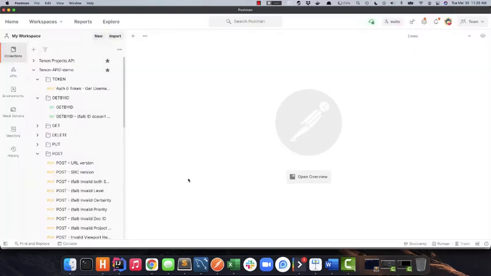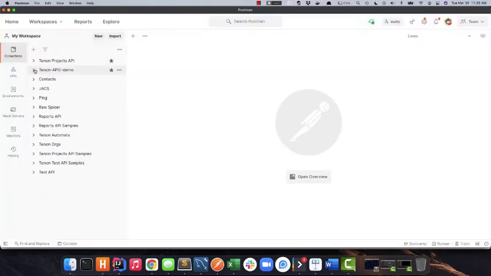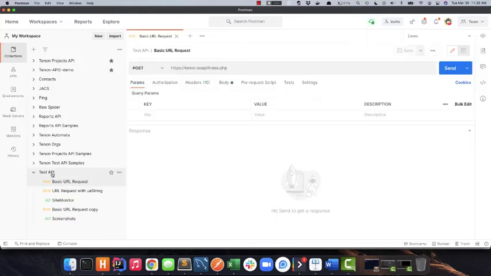There is a big difference between API 1 and API 2. It should be noted that with API 1, very simply, you send a request to it, and it gives you a response back that includes your test results. So I'm going to do that right now. Test API. The basic URL request is the one that I send over. The endpoint there for the prod SaaS instance is tenonAdvancedTraining